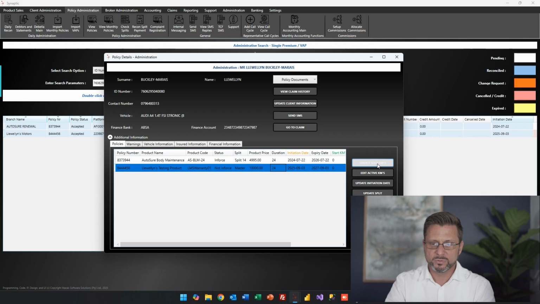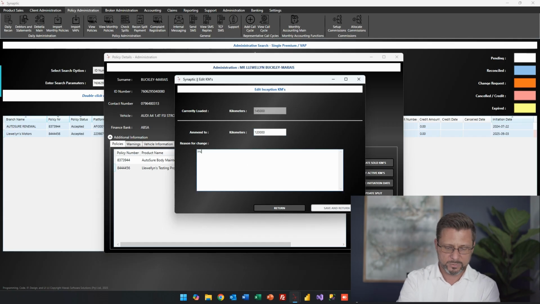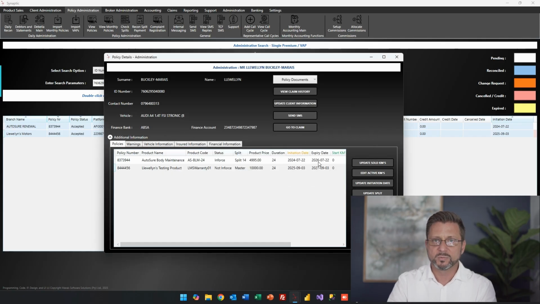So now what we're going to do is we're going to say we want to update the sold kilometers. So at the moment the sold kilometers are 145,000. Say, well, not really. At the time the sold kilometers are actually 120,000. Now you've put in the reason for change here, incorrectly captured at point of sale. And we're going to say save and return. Kilometers successfully changed. Remember that this is unfortunately administrative permissions and you may not have permissions for all of these